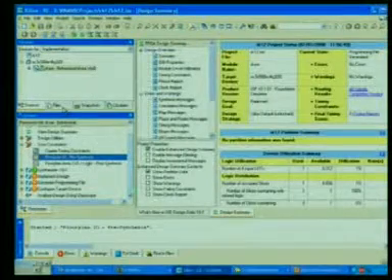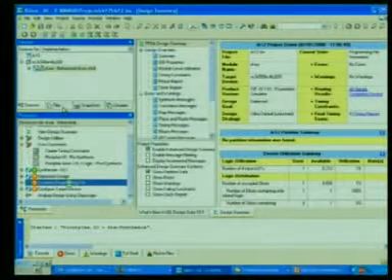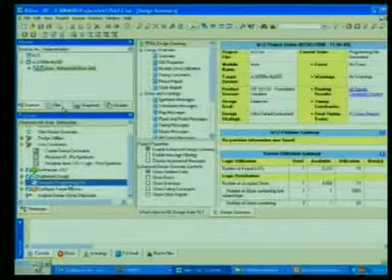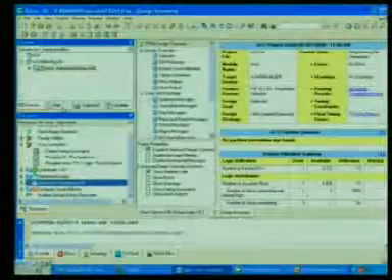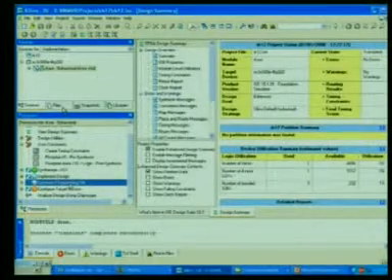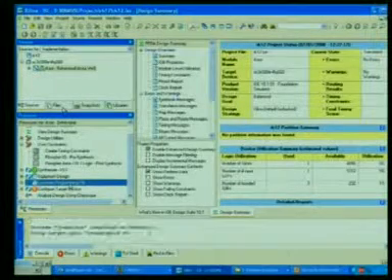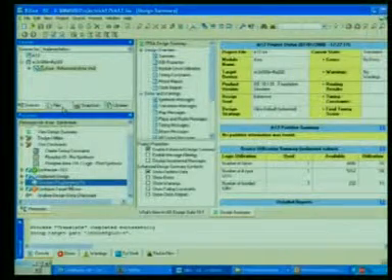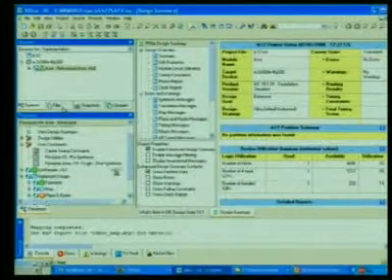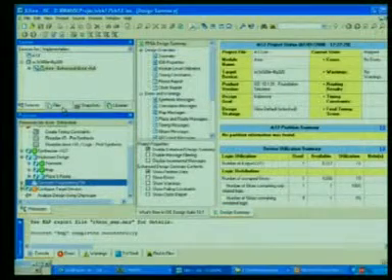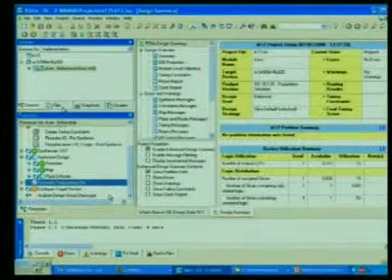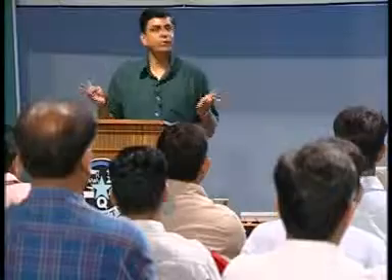Next step is generate programming file. If you double click this generate programming file, it will automatically implement the design. You can see it is initially starting the implementation of your design. In implementation you have 3 different options, and all these options will come now. Now it is translating, translation is complete. Now here you can see 3 options: translate, mapping, place and route. Green check means there is no error.